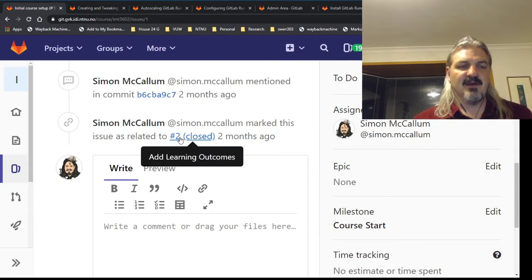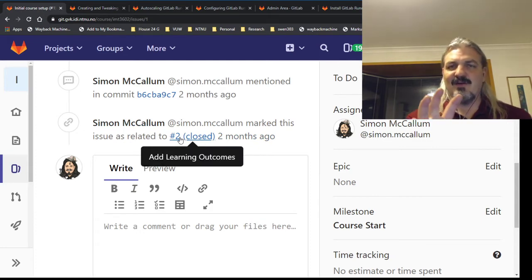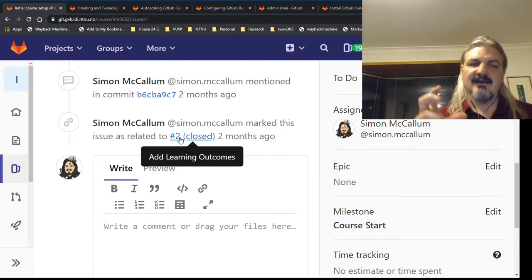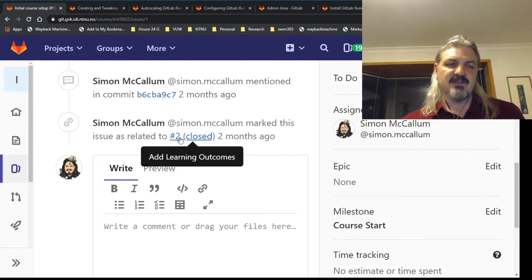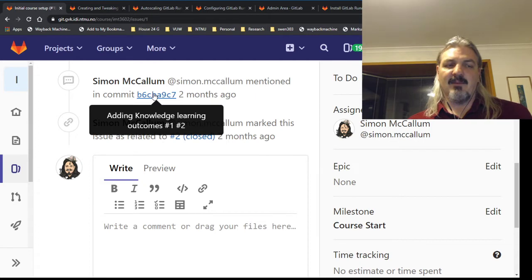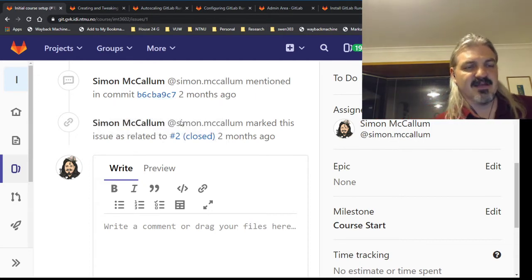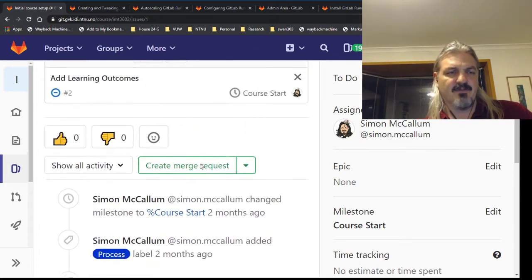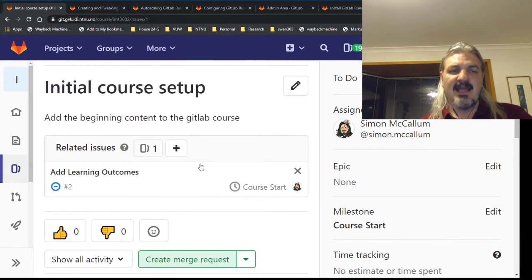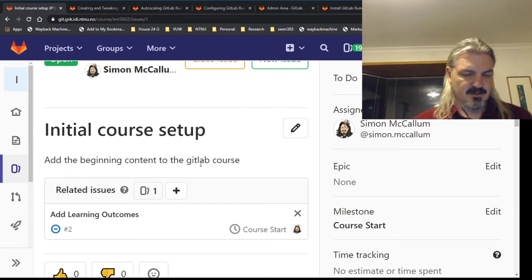So this is that way of connecting what you do in commit messages, in this commit message here, with the content of the issues, right? That's a really powerful thing to do, and we'll talk more about it. It is honestly very simple to do. So if I brought up